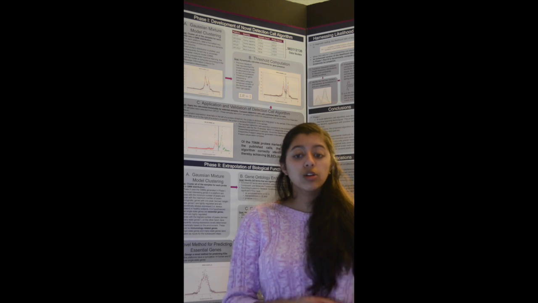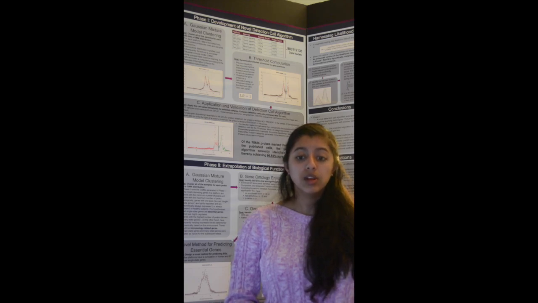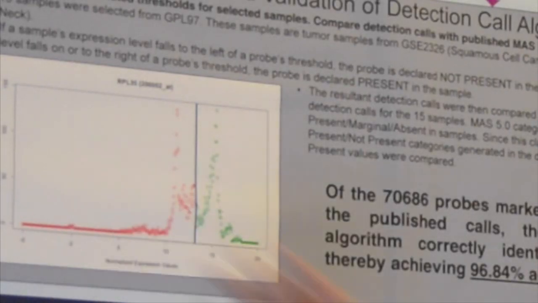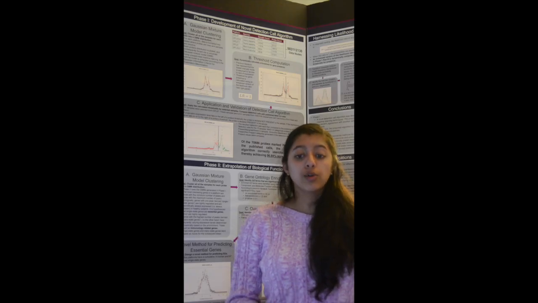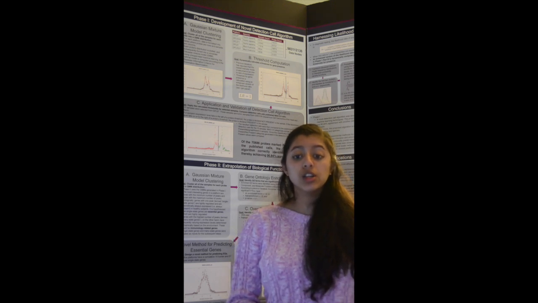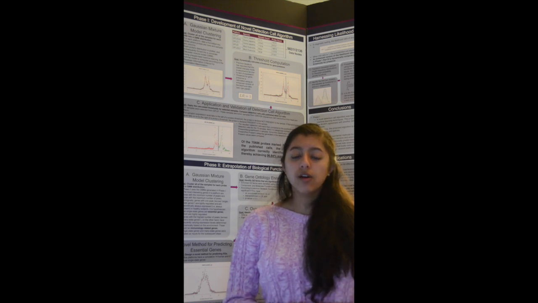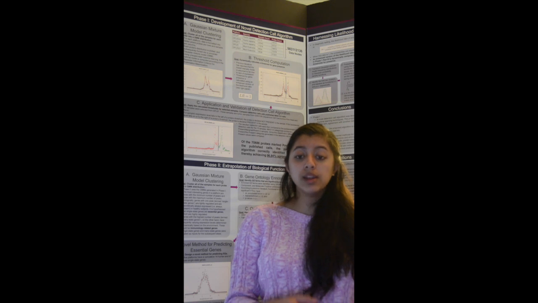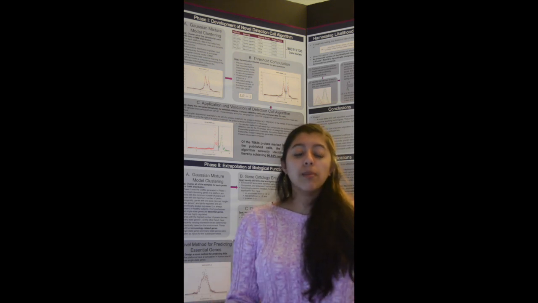To dynamically calculate this gene-specific threshold, I harness the likelihood ratio, which is used frequently in clinical trials. So in samples to the left of this threshold, the gene is not present, and in samples on or to the right, the gene is present. And when I tested my algorithm against existing software, I found that it identified present genes with a 97% agreement rate. And unlike existing software, my algorithm is not reliant on platform-specific information, meaning that it's workable across all microarray